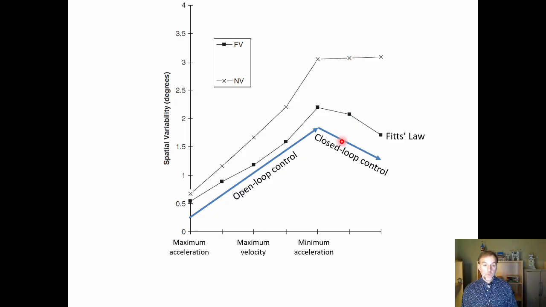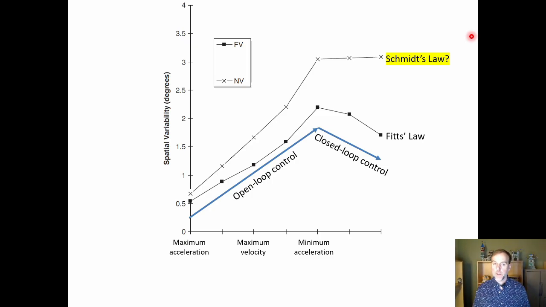Now what Carlton was wondering, and what I looked at further, is: okay, well, Fitts' law, this is what we expect. We expect this use of closed loop control. Now Carlton, in his results, said that, okay, well, Schmidt's law, this is likely what we're seeing. We see an increase and then a plateau, because remember, Carlton said that Schmidt's law was done in open loop